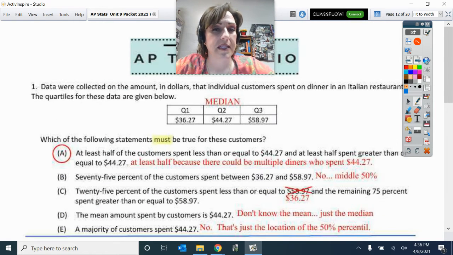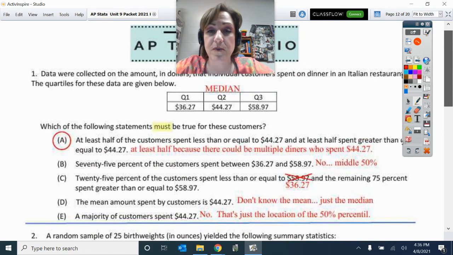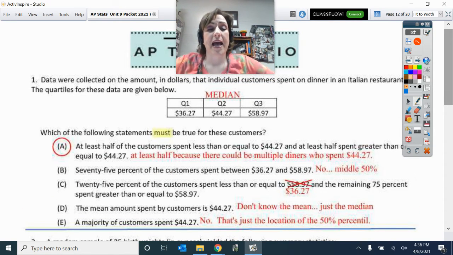Okay. Then here's our AP tester trio. So let's take a look at this. You had to remember quartiles and median and all that kind of stuff. So the one that's true is A. Now I remember when I first did this problem, I wondered how can they say at least half are less than or equal to 44 and at least half. Well,